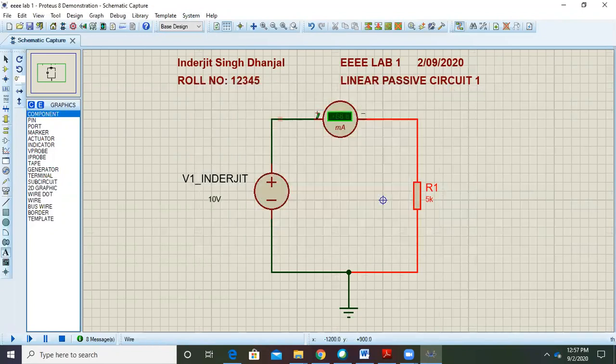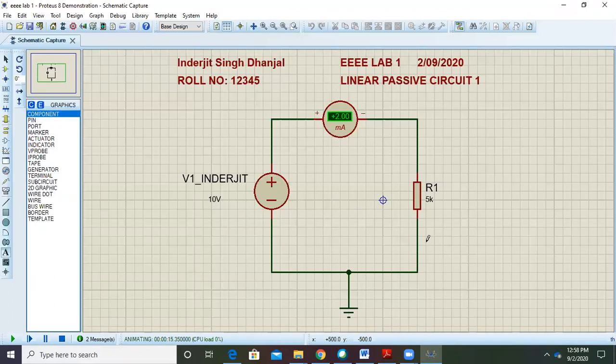So what is happening is, if I am reducing the resistance, my current will definitely increase. That is what is happening. So earlier it was 1 milliampere, 0.5 milliampere. Now it has increased to 2 milliampere. So this simple circuit number 1, a passive circuit, because it consists of passive elements such as resistors. This and a voltage source is there, DC voltage source. So this is behaving perfectly as per Ohm's law. It is obeying Ohm's law.